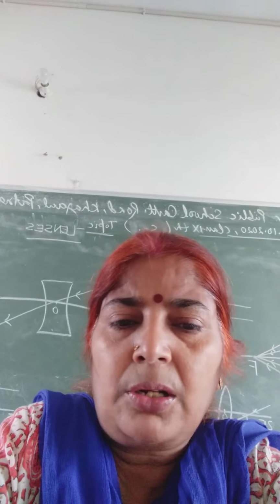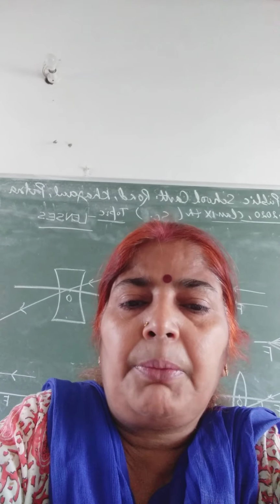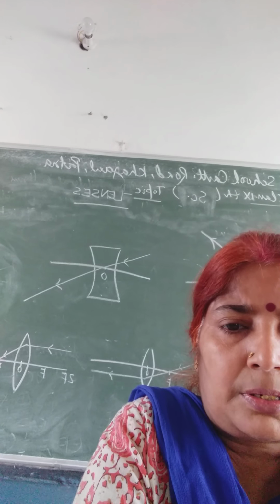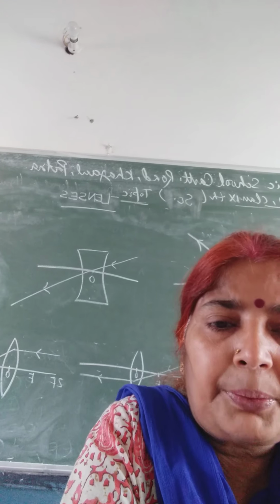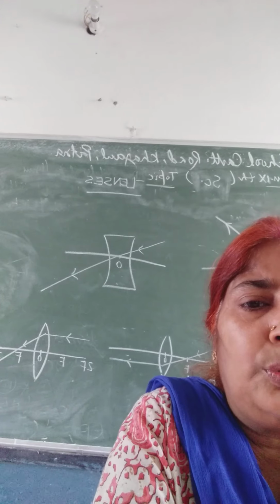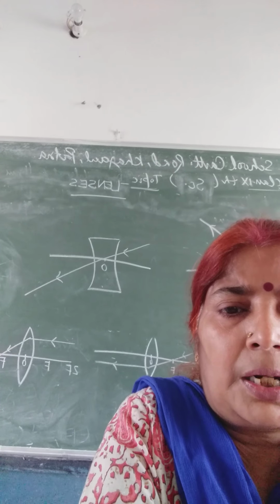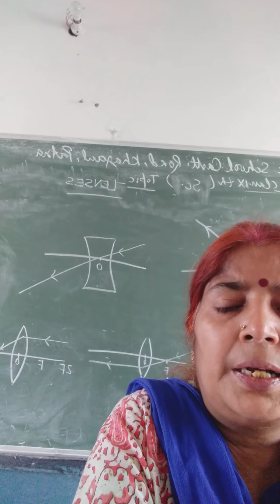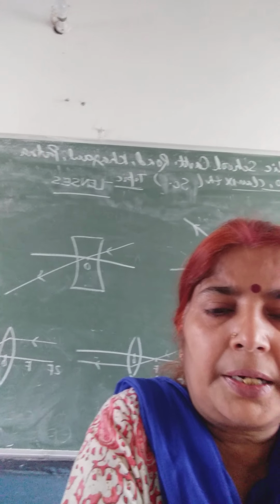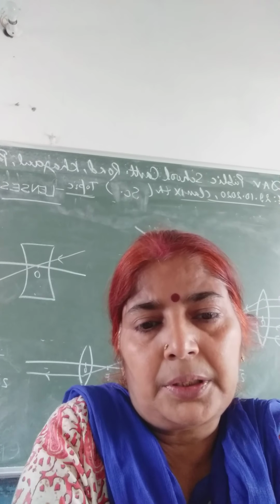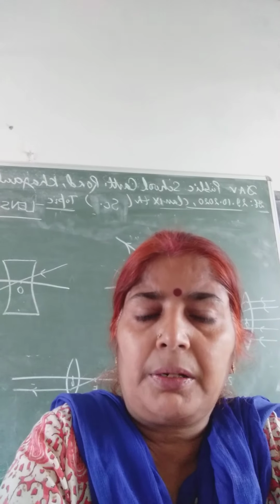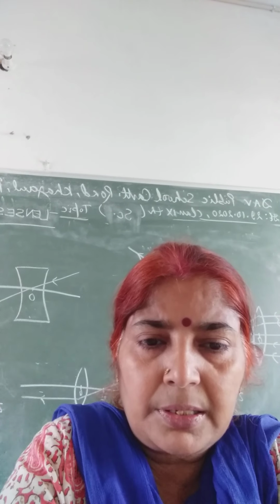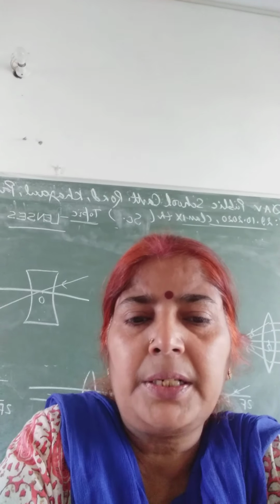Three special rays also you have seen. If a ray is coming parallel to principal axis, it will pass through focus. If the ray is coming through focus, after refraction it will be parallel to principal axis. Third special ray, if the ray is coming through optical center, it will remain undeviated. So with this, all the topics I have discussed, all of you will revise these topics. All the definitions you have to memorize and practice the ray diagram.